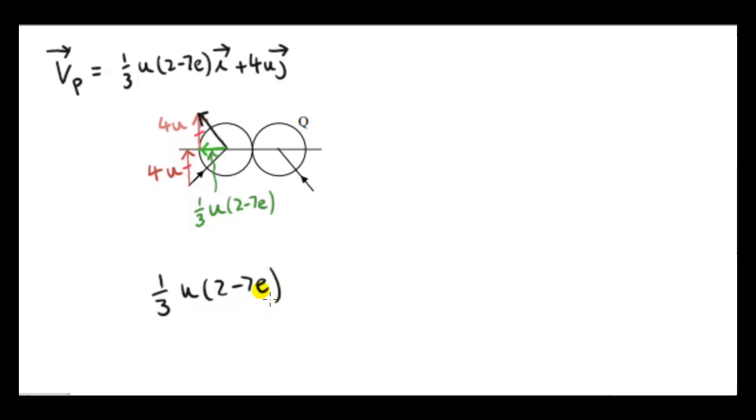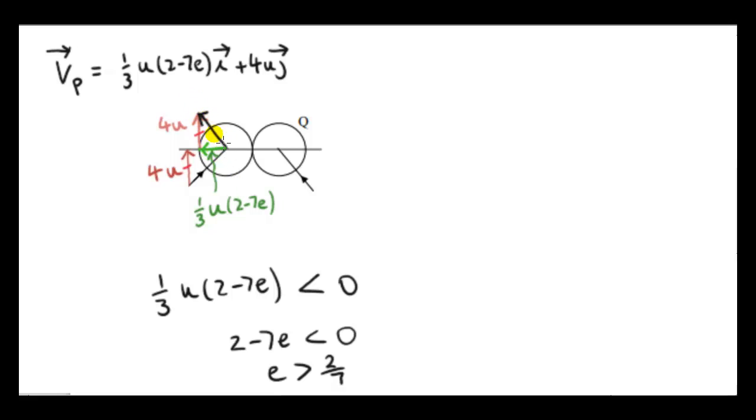This could be positive or negative. It depends on what e is. e, as we know, is a number between 0 and 1. As a matter of fact, if this thing is negative, as I've shown here on this diagram, it means that 2 minus 7e must be negative, because remember u is some positive parameter, so that's not going to affect the sign of this thing. If 2 minus 7e is negative, well, if we solve this for e, we get e greater than 2/7. So if e is greater than 2/7,